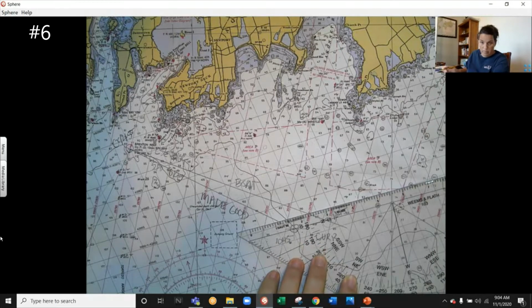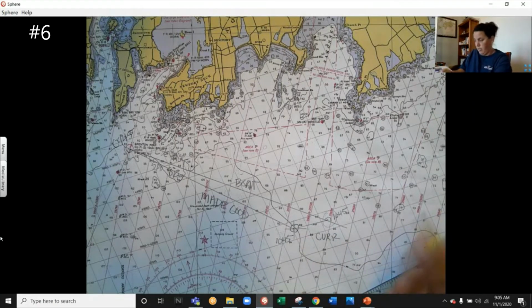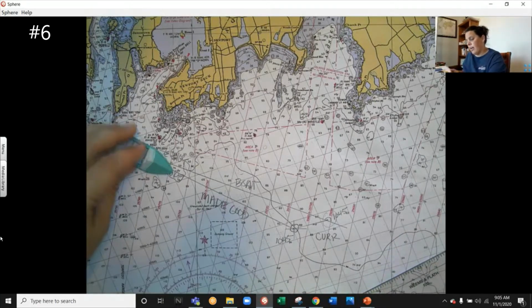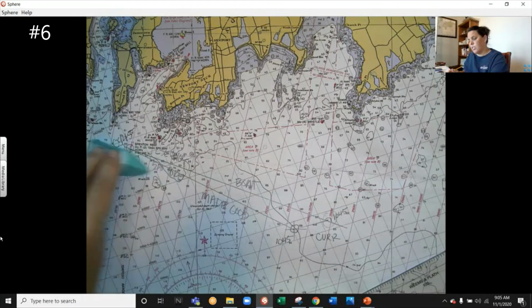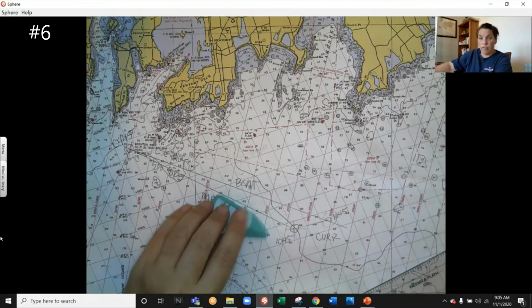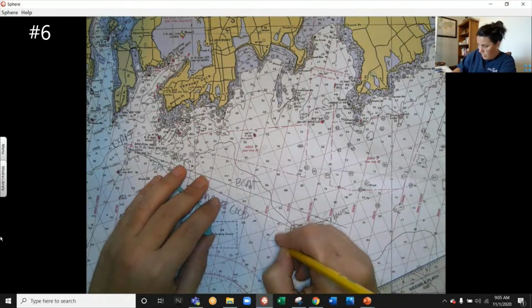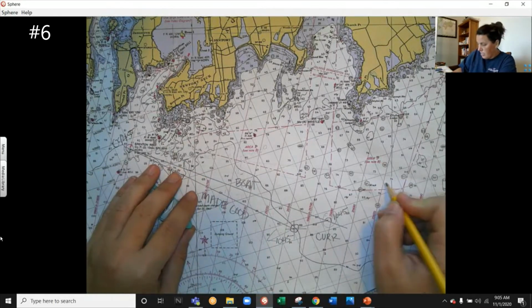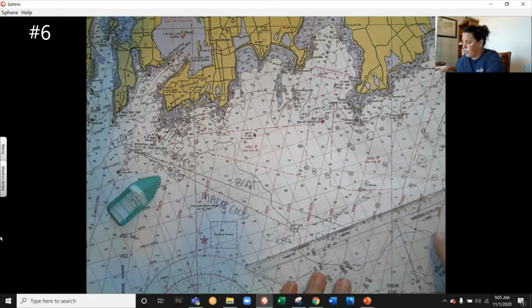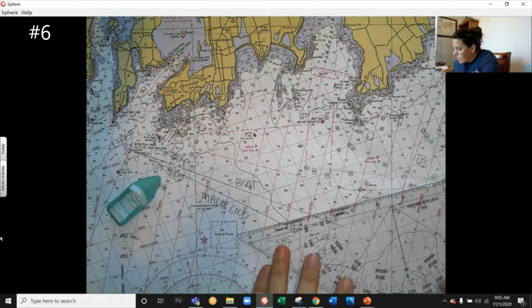And before I write this, if I ended up here, but I thought I'd end up here, generally speaking, which way is my current pushing me? Well, I thought I would be on this line, but it pushed me to the south. So my current would be pushing me from the north to the south. So my current is going in that direction, coming this way. So I know I'm going to be somewhere in between 180 and 270 on the compass. So when I get my line here,